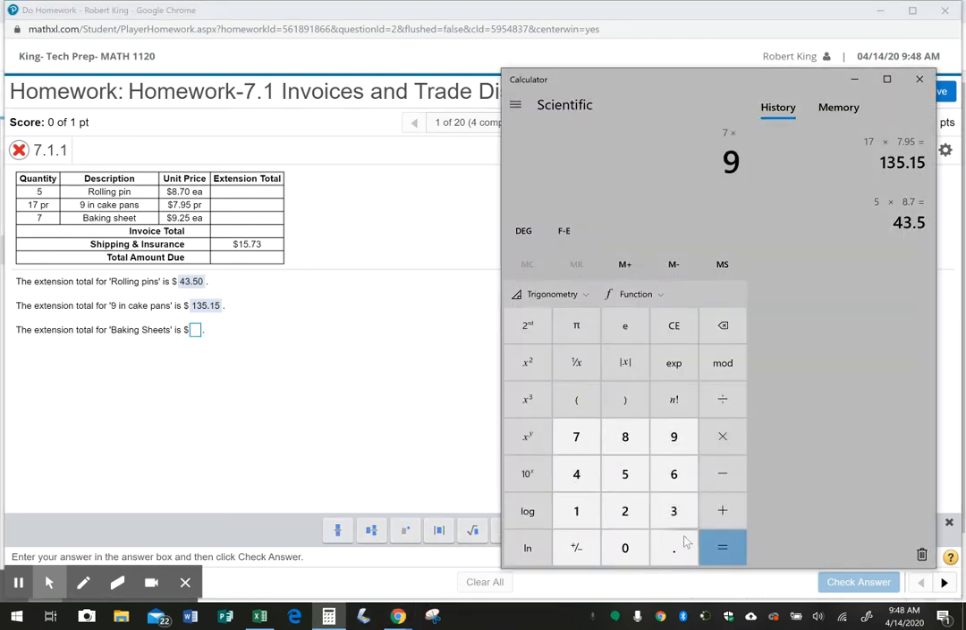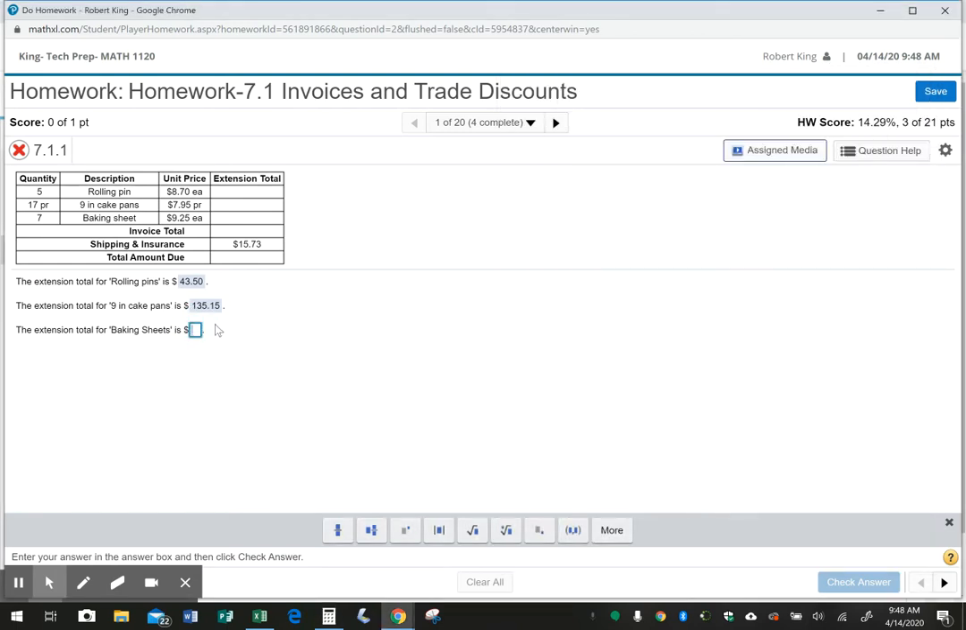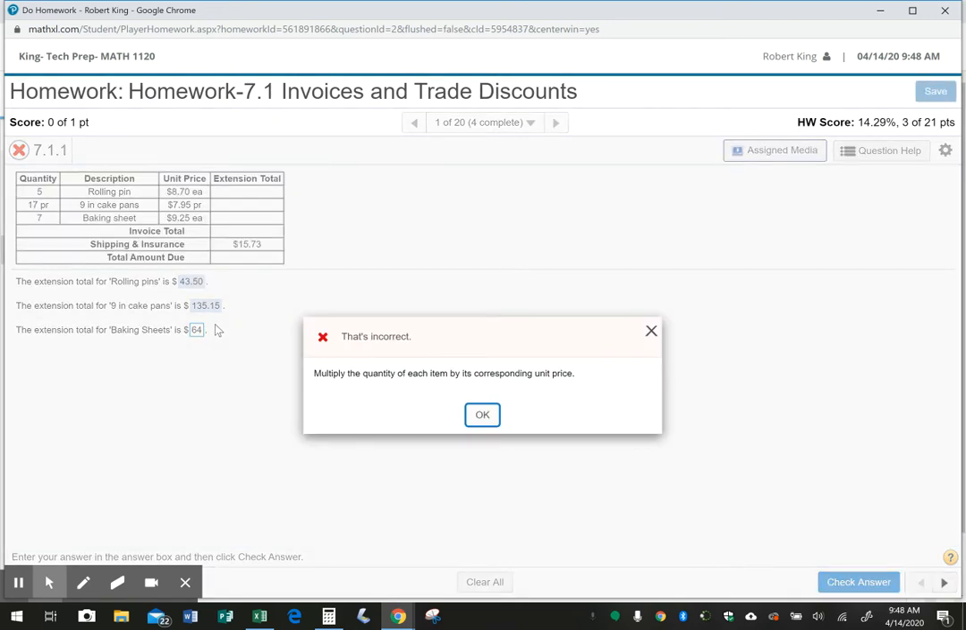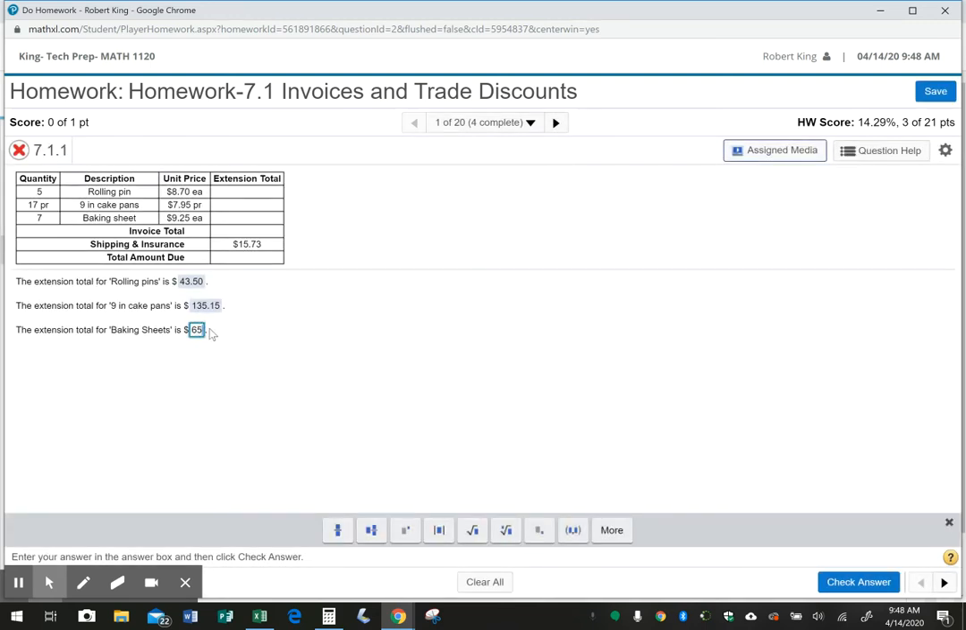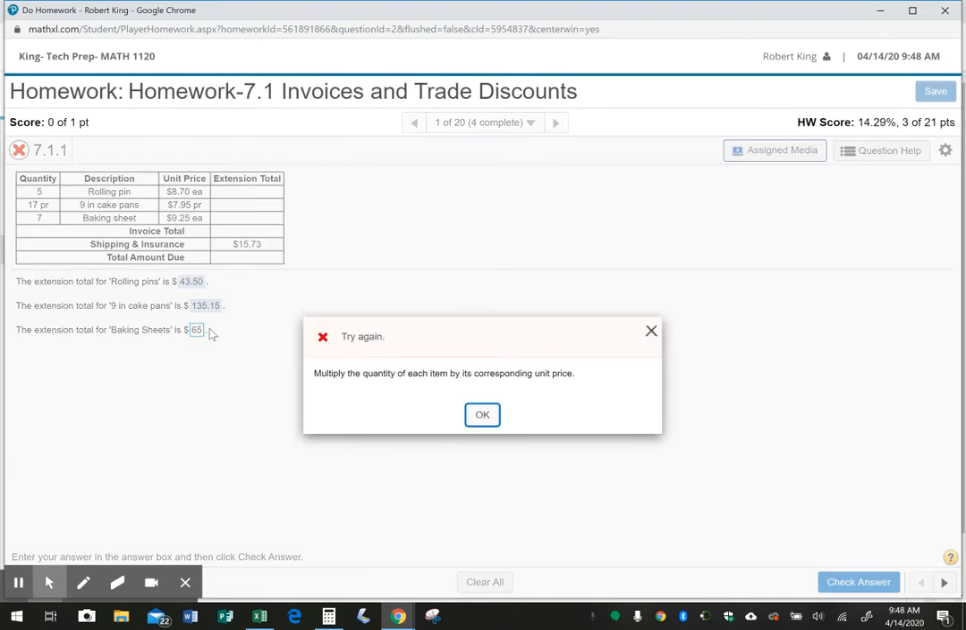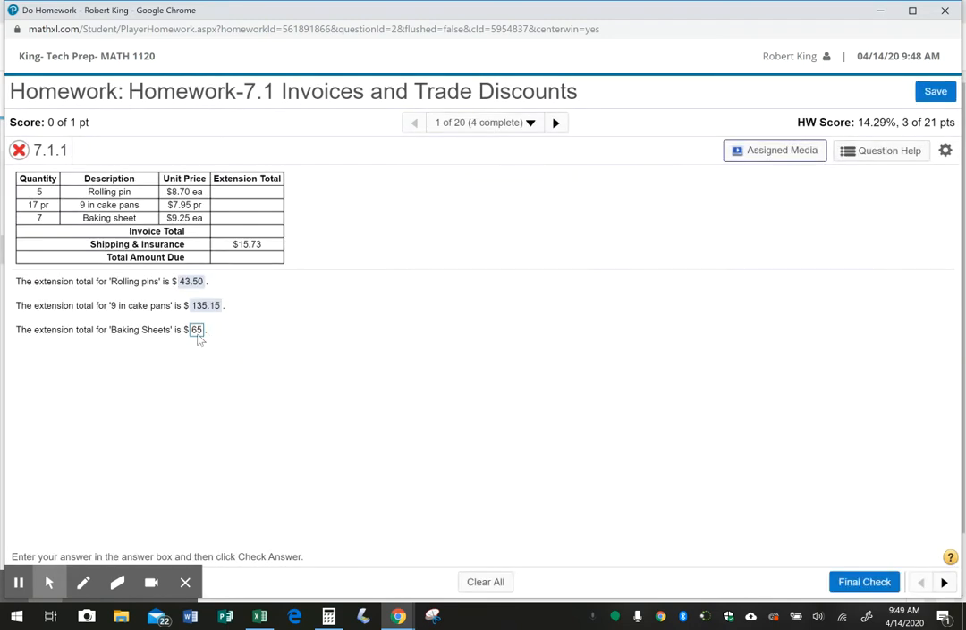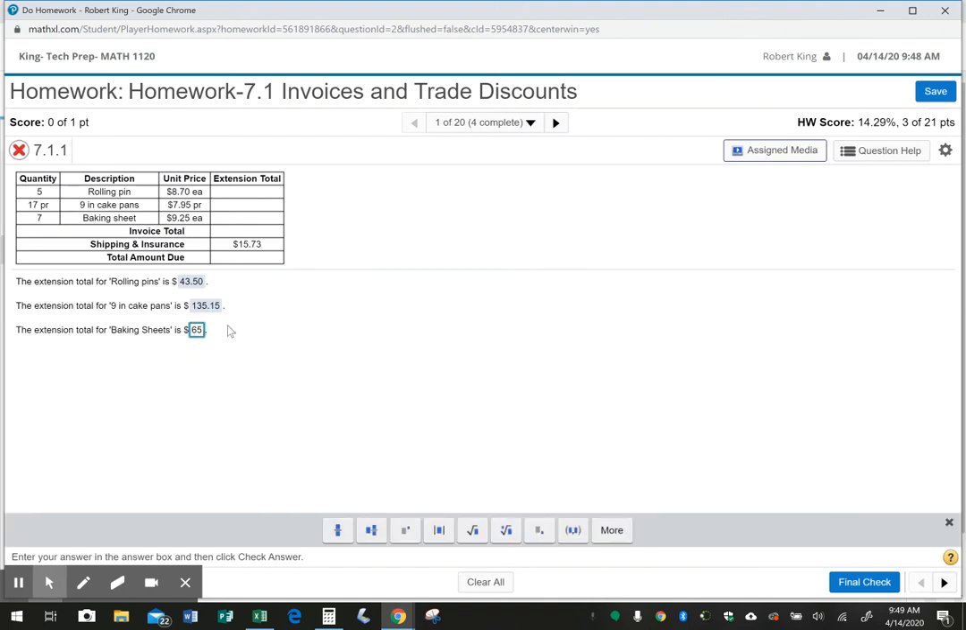7 times 9.25. It's $64.75. Now I'm going to put the answer in wrong again, just to show you something else. So it's telling me that's incorrect. Multiply the quantities. And let's say I meant $65, but I'm still leaving off the change. Try again. Still gives me the same hint. And if I get it wrong the third time,